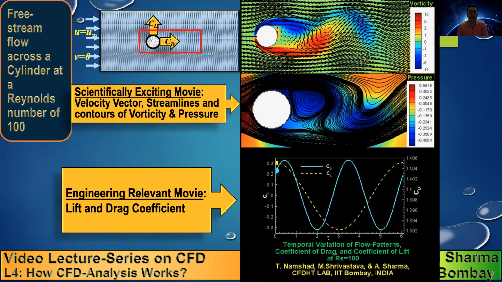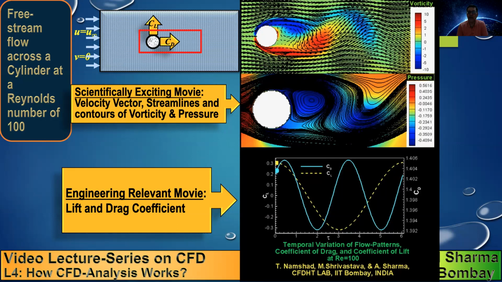So in fluid mechanics, we can have either a steady flow or an unsteady flow, and periodic flow is a special case of unsteady flow. When you do this simulation, initially there is some initial transient, and then you observe, as shown in the figure below, that the yellow dotted line corresponds to the lift coefficient, and its value is shown on the left axis, varying from plus 0.3 to minus 0.3. The blue solid line corresponds to the drag coefficient. Its value varies from 1.4 to 1.392. So you can see that the lift coefficient varies from positive values to negative values.